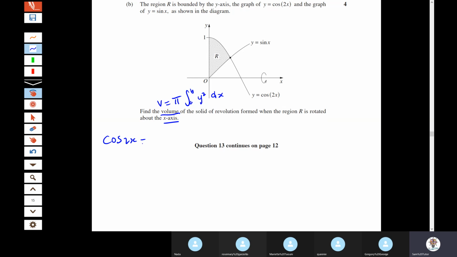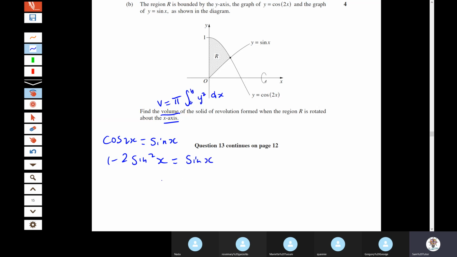Cos 2x equals sine x. It's not going to say for you to do it, right? You've got to think of doing it. Cos 2x equals sine x. What's cos 2x equal to? Up to you, there's 3 of them. Which one are you going to pick? Good, because obviously you see sine, you would pick sine squared. 1 minus 2 sine squared equals